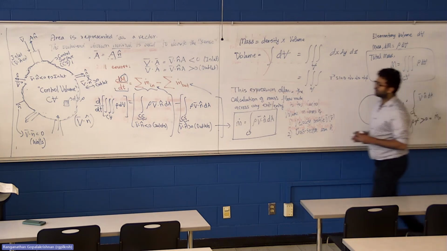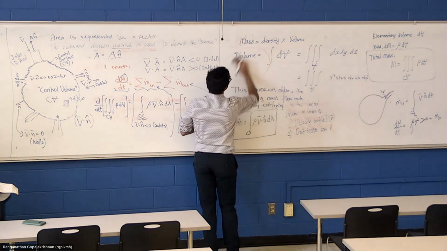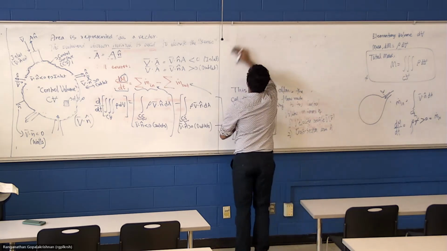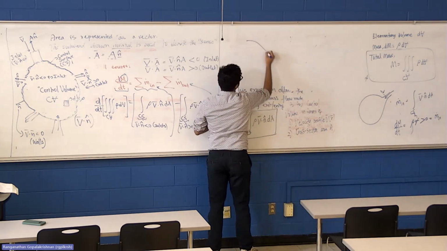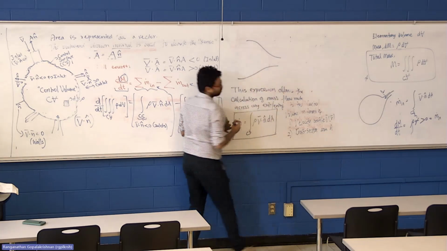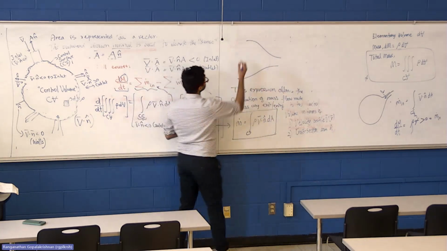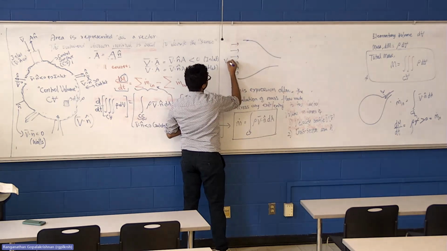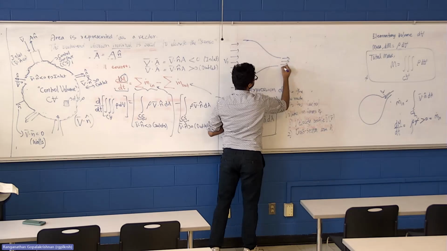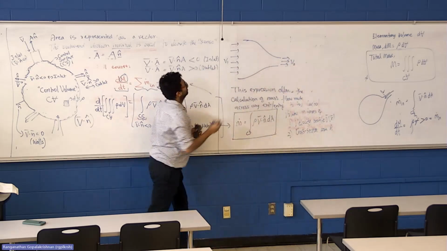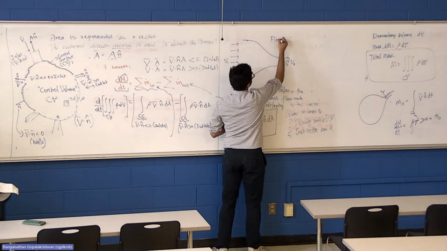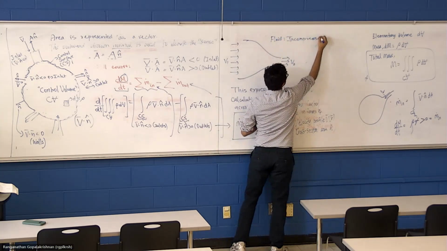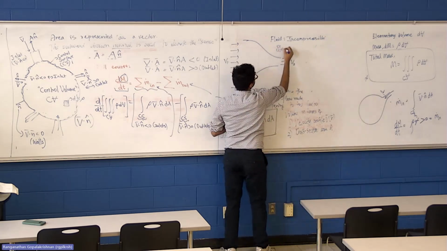Okay, let me give you another example. Let's say we have this nozzle. This is like a problem in one of your exams or your mock exams. Let's say you have a certain velocity in this section. We'll call it V1 and another velocity here, V2. If I say the fluid we use is incompressible and we also have steady flow,